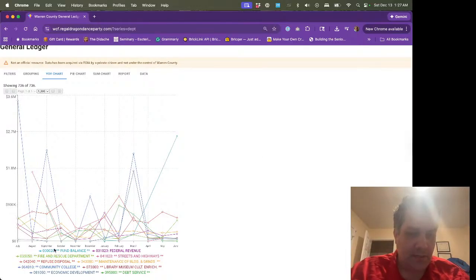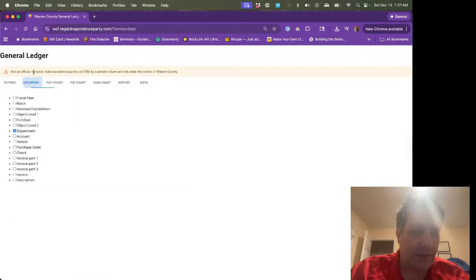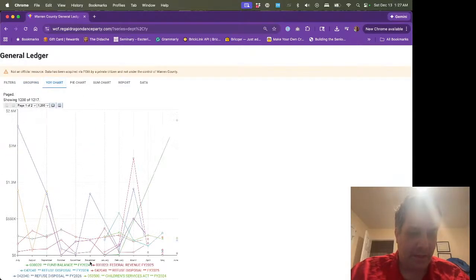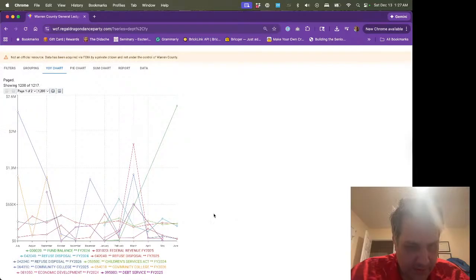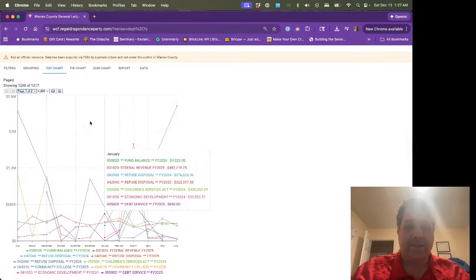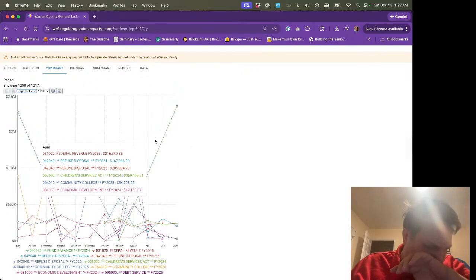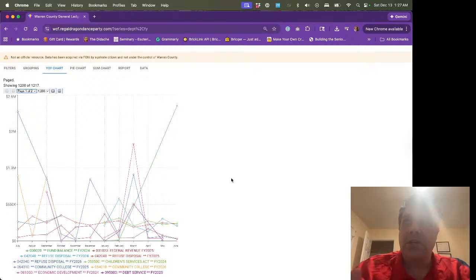You can see at the bottom we have our fund balance, federal revenue, fire and rescue. If I go back and put the fiscal year back on, now you'll see there's fiscal year 2024 at the end, fiscal year 2025 at the end. So that's how I'm grouping things. There are too many results. This gets very busy. So I'm only showing 10